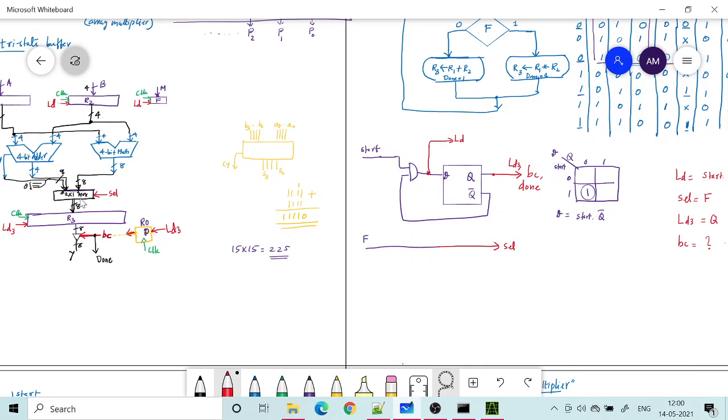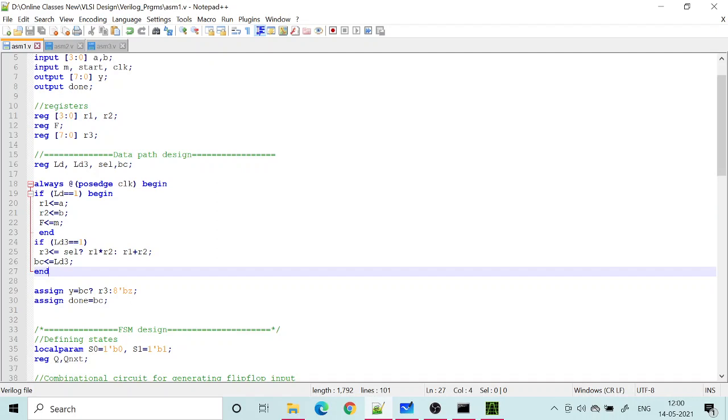When I assign the loading operation LD3 to load R3 with the result, say product or sum, I load when LD3 is kept high, but that loading will happen only at the active edge of the clock. So that will introduce some delay.